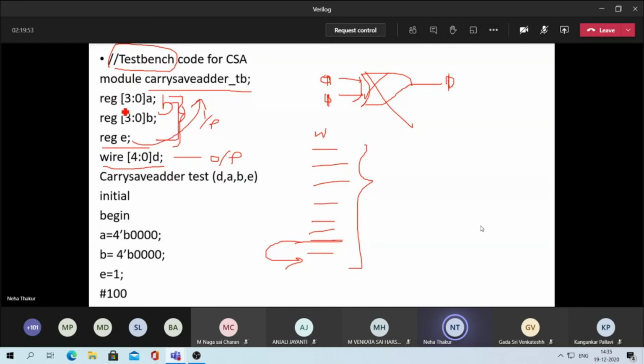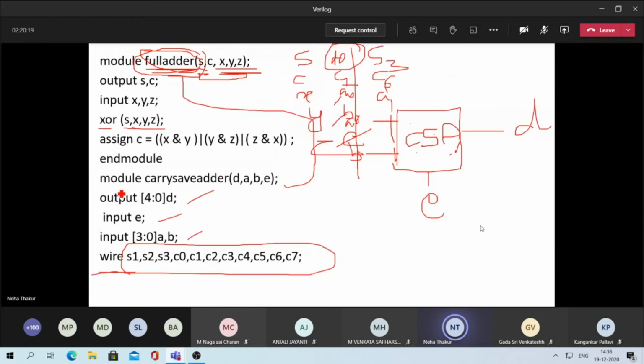Okay, here when an array is there, you can club only those inputs which have the same bits. So A[3:0], B[3:0] together, and E is only 1 bit. So reg E will be written separately. Then wire [4:0] D. And then you are writing carry save adder. So that means you are now calling this module for the carry save adder.